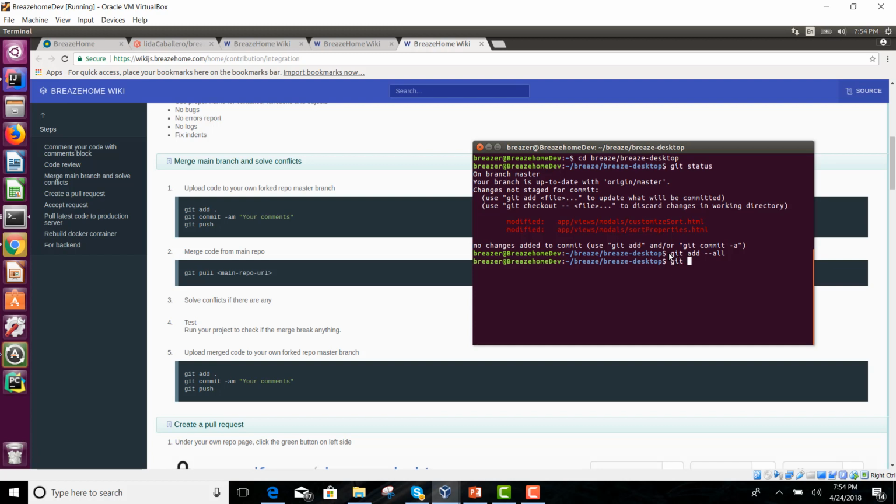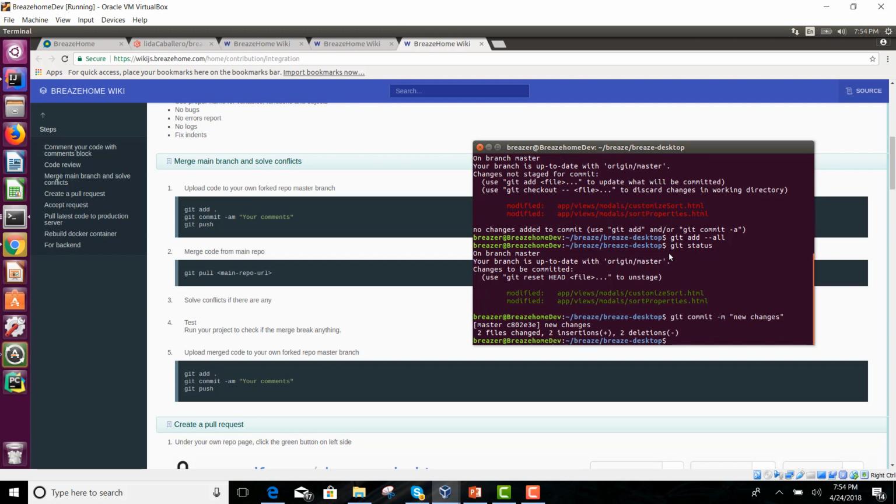So we do again git status, and we see that all those files have been committed. Now the next thing we need to do is git commit -m, and we are gonna write, for example, "new changes". Enter. So it shows one file changed, one insertion, and so on. Now we need to do git push,